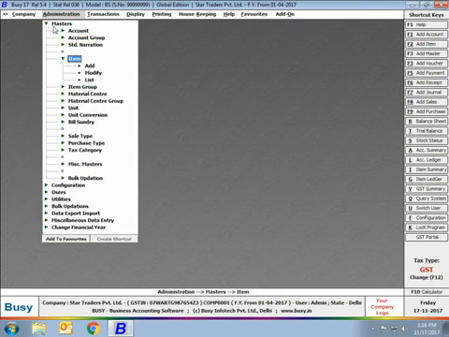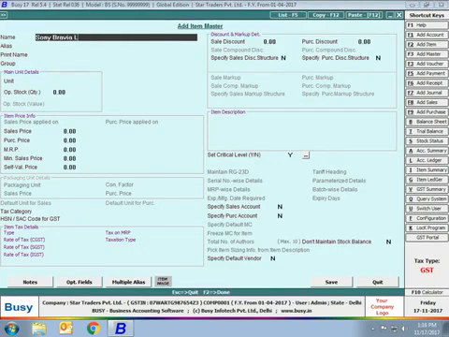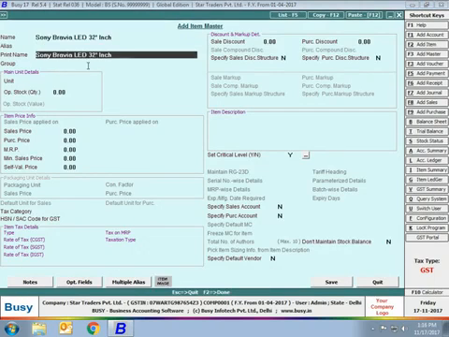What is item master? As I have said earlier also, an item is any item or goods in which you deal, trade or manufacture. It can be your raw material or finished goods. So here we create a new item master. First of all, we'll go to the item add option and specify the name of the item. We have taken the name as Sony Bravia LED TV.